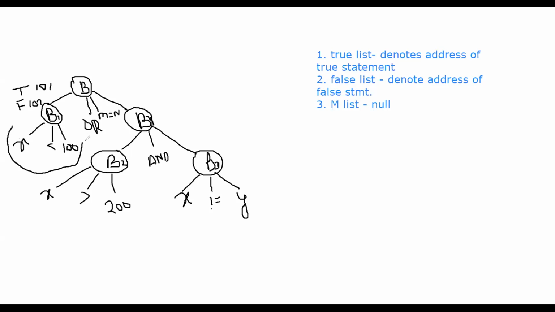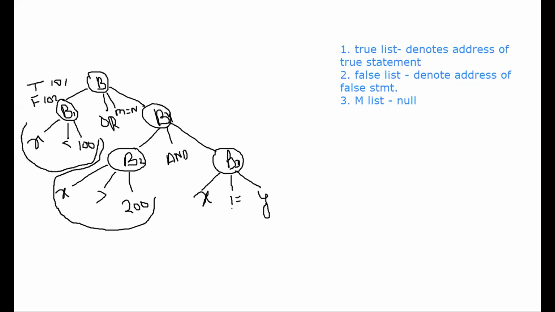So you are scanning the another statement. Now what is the another statement? If this statement is false, which statement is false? X is less than 100 is false, then you'll perform the B2, that is x is greater than 200. Now, first of all, if x is less than 100 is true, then we'll go to blank, right? And if x is less than 100 is false, which is written at the line number 102, which statement are we going to execute? We are going to execute the B2 statement, right? What is the line number of the B2 statement? 103.